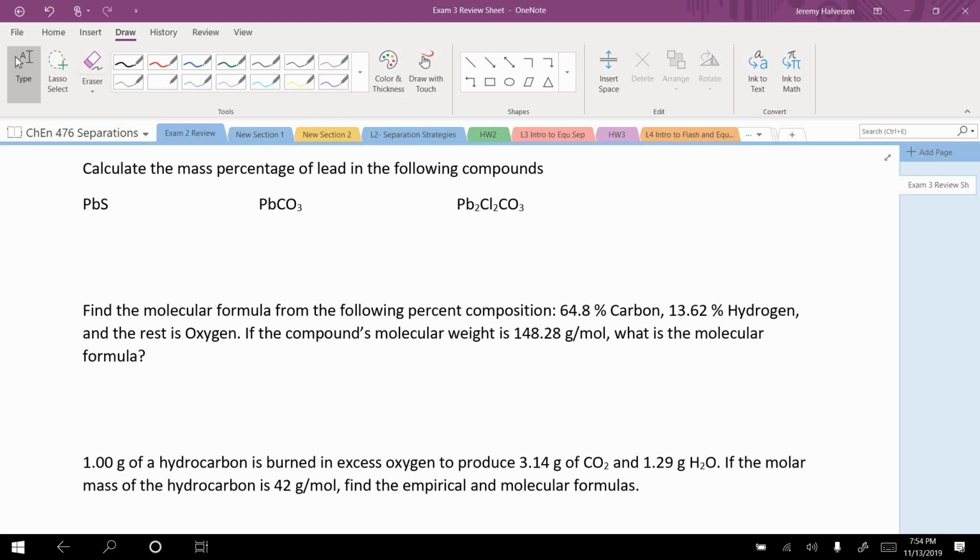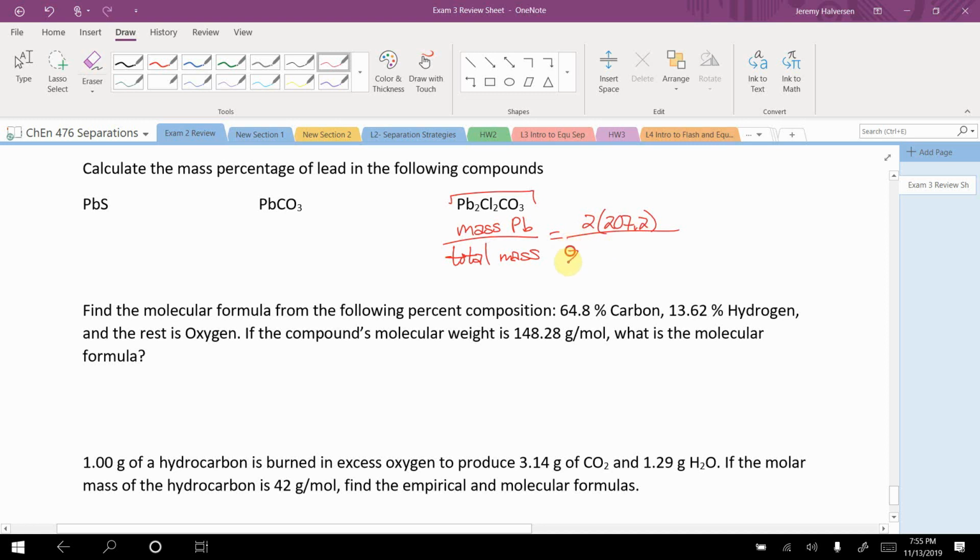Mass percent, let's not do all of these. Let's just do this one. I think these are on your problem set. So mass percent will just be, just like mole percent was moles of your thing divided by total moles, mass percent is mass of your thing divided by total mass. Make sense? So I've got 2 leads, which would be 2 times